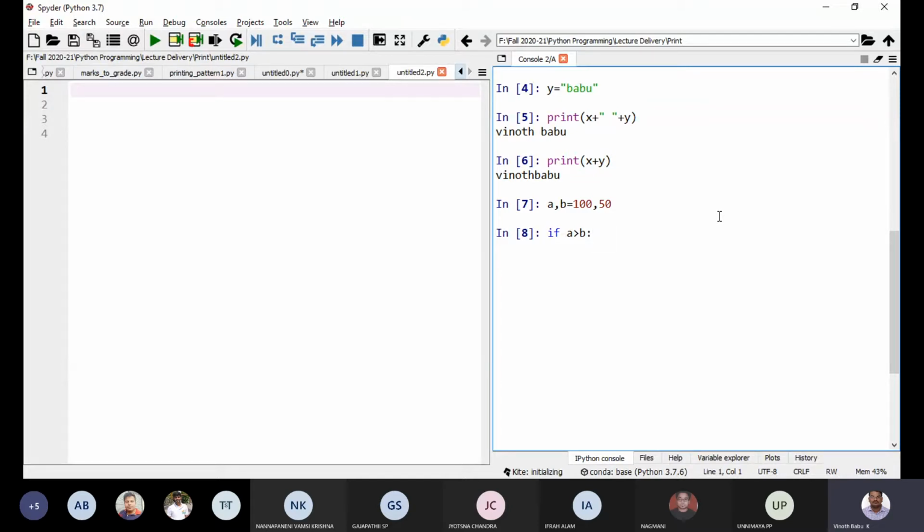If you don't use a colon, then it will show a syntax error. After the condition, you need to use a colon. Hit enter. Automatically you can notice, instead of starting exactly in the position of the if, it is starting somewhere here. This is actually called indentation.